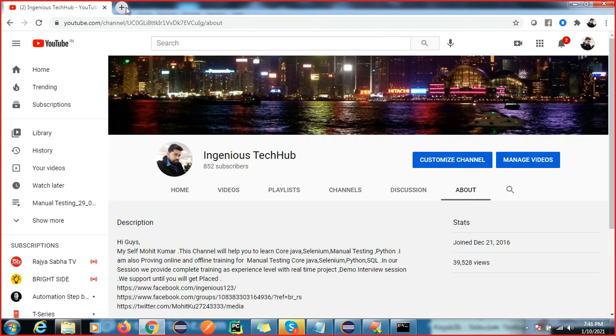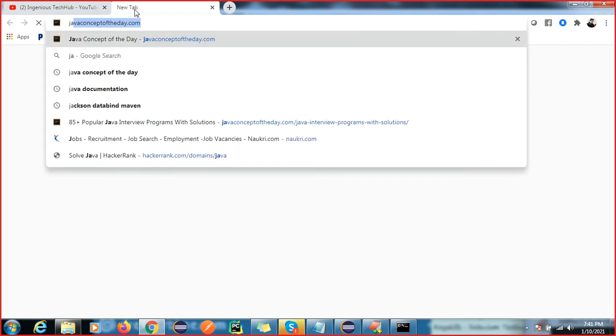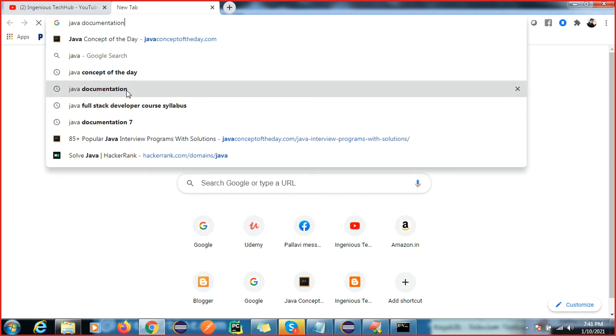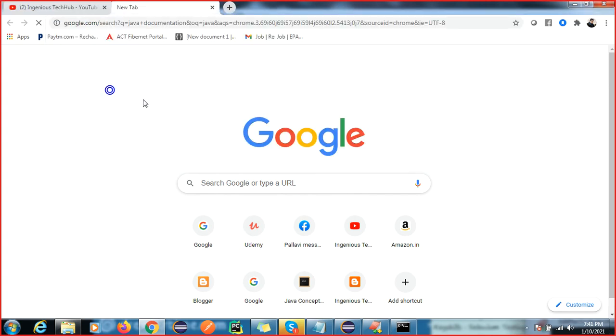Object is a class, right? Object is the root class in Java. If you are writing any code, the Object class is already there by default.